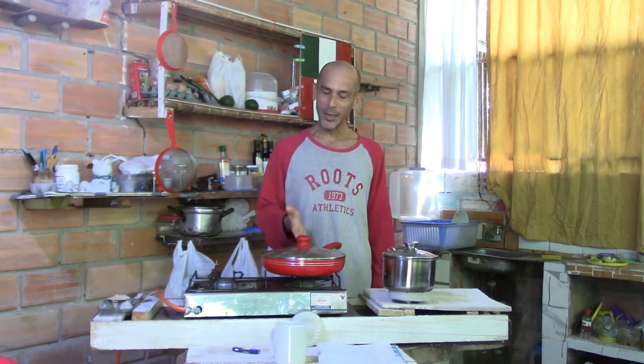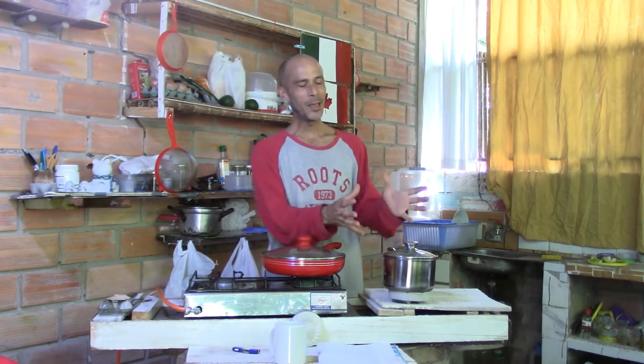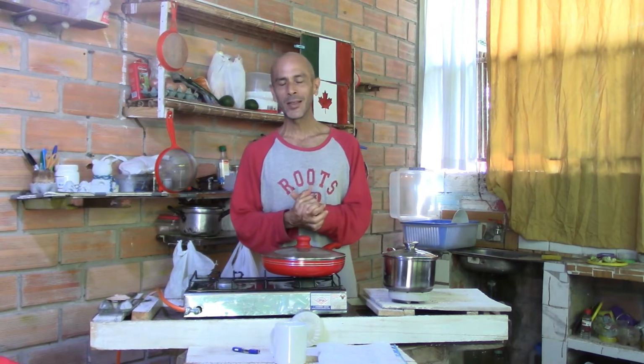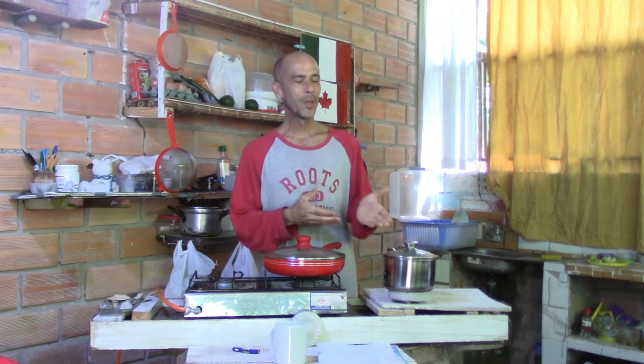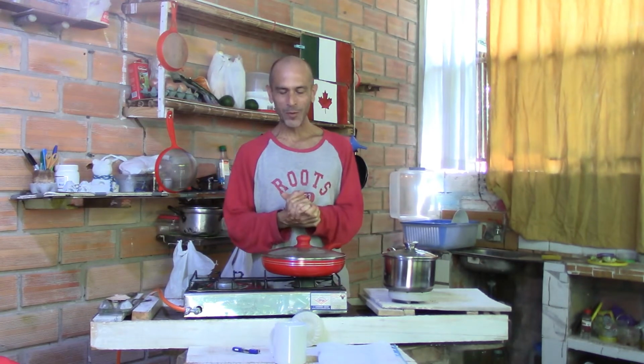And then over here, my initial idea was to put everything together in the chicken broth, but when I had chopped the veggies, I realized there would not be enough room. Saucepan's not big enough. So I cooked the veggies in this frying pan. There's some celery, some cabbage, 1 beetroot,